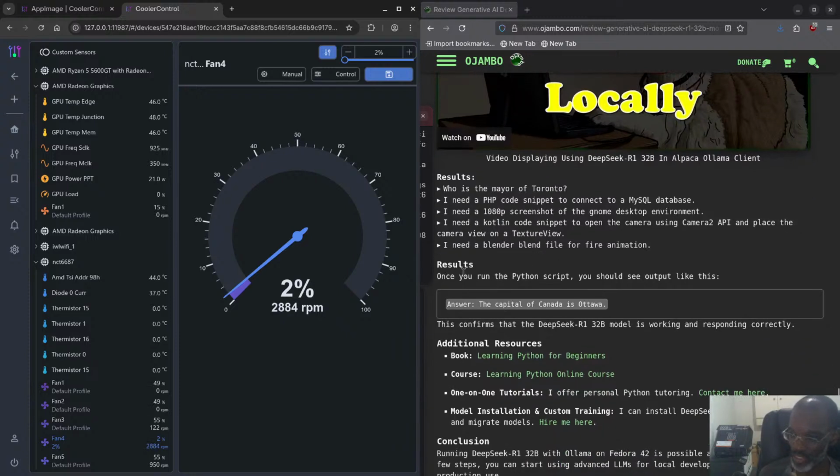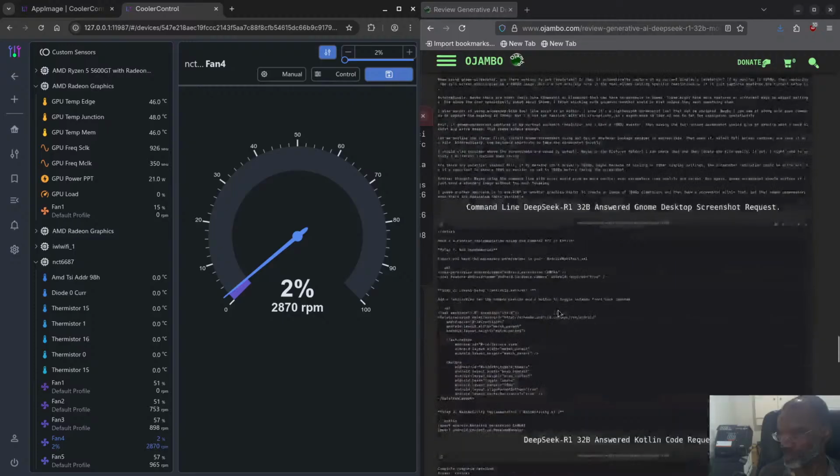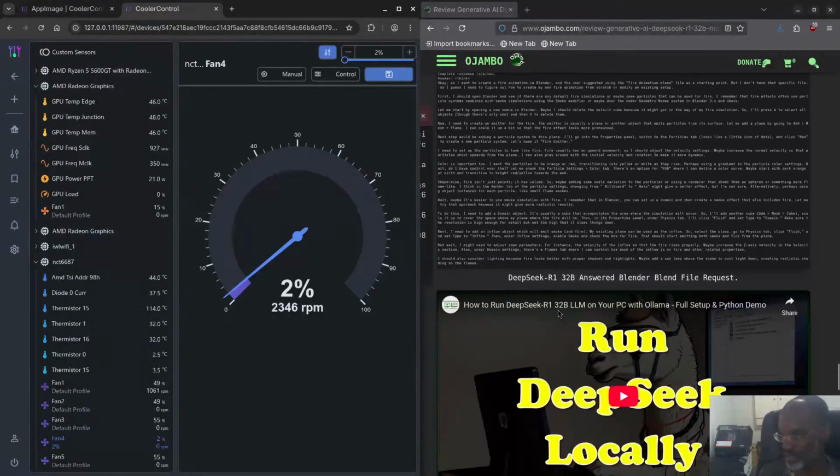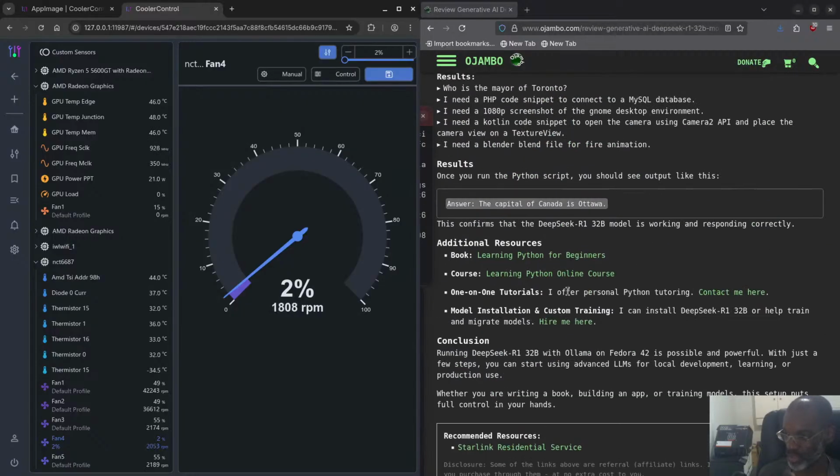So one of the things I didn't run in the live stream earlier today was this one, which was what is the capital of Canada? So let me see if it is. I want to make sure. Oh yeah, I still have it. So I'll just say what is the capital of Canada, and obviously it's Ottawa. But one of the things I noticed with the big models is that they do a lot of thinking, so that slows them down a little bit,